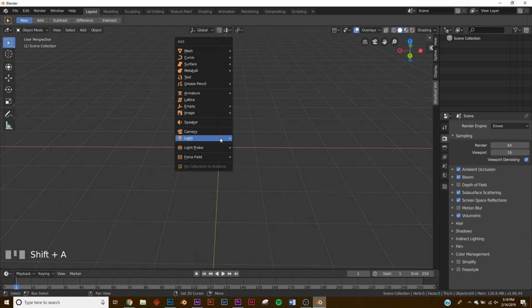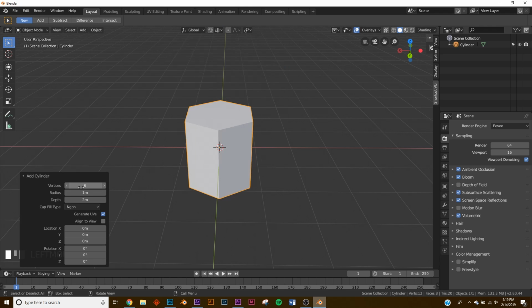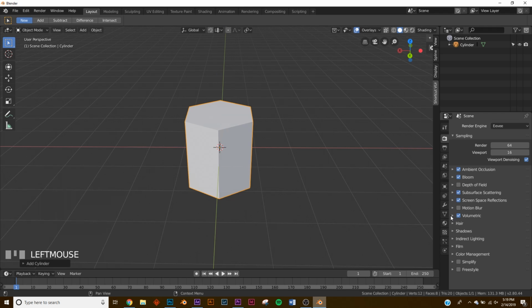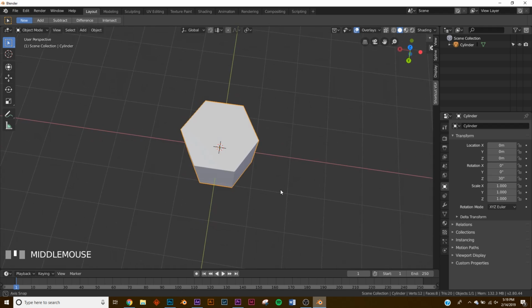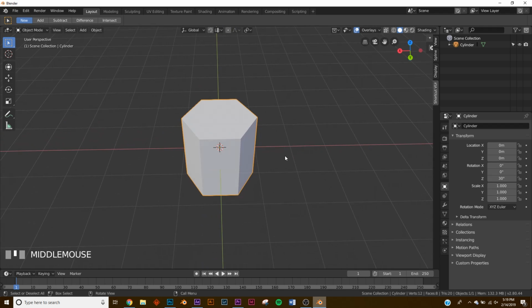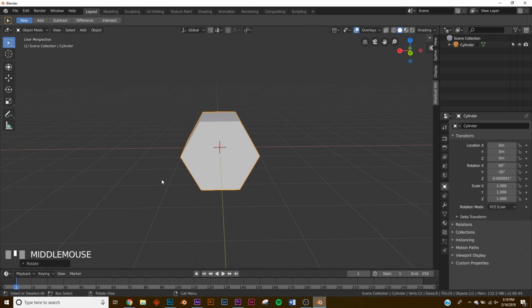All right, so first thing, Shift A, and let's add a cylinder. So on your vertices, give it 6 vertices, and then we need to rotate this by 30 degrees. So make sure your cylinder is selected. Go over here and on Z, I believe. Yep. So Z, type in 30, and now we have it like this, a sort of hexagon look. Now let's hit R, X, 90, and we're gonna leave it just like that.